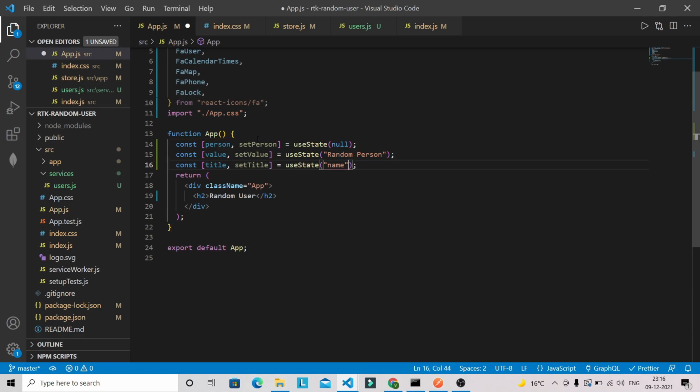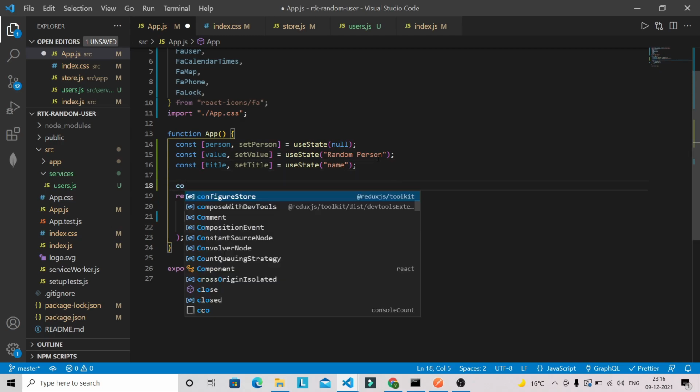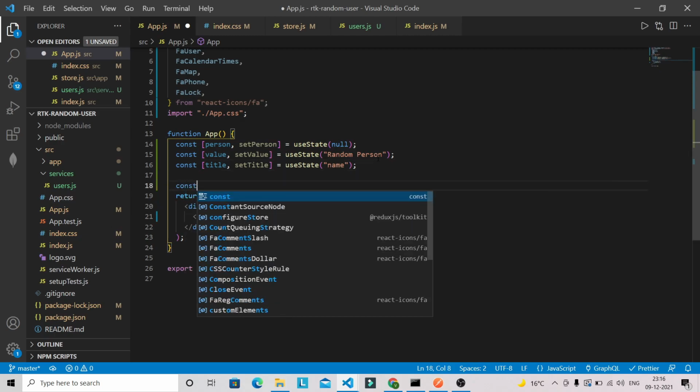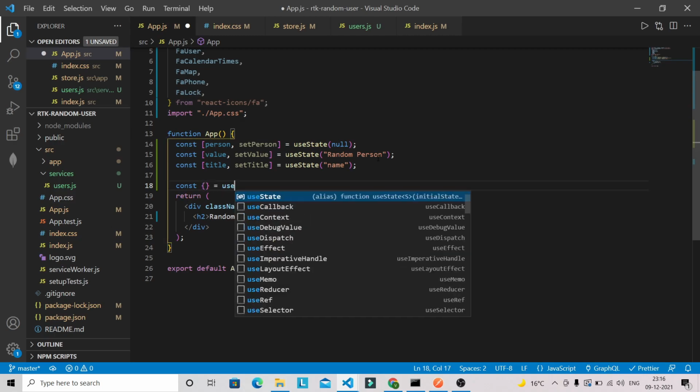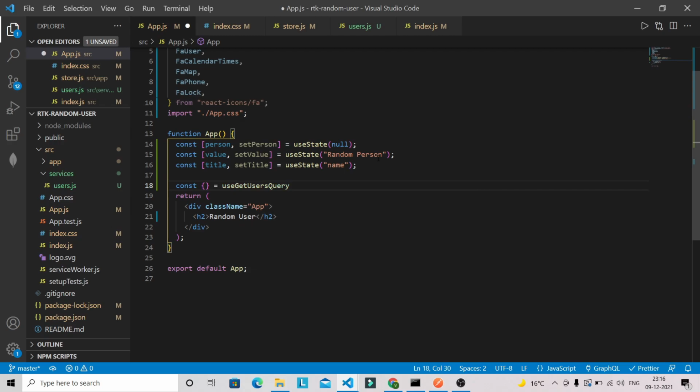and after that we are going to use this useGetUsersQuery, okay, to get our random user. So useGetUsersQuery, and we will be getting data, isLoading, we will also get isFetching.